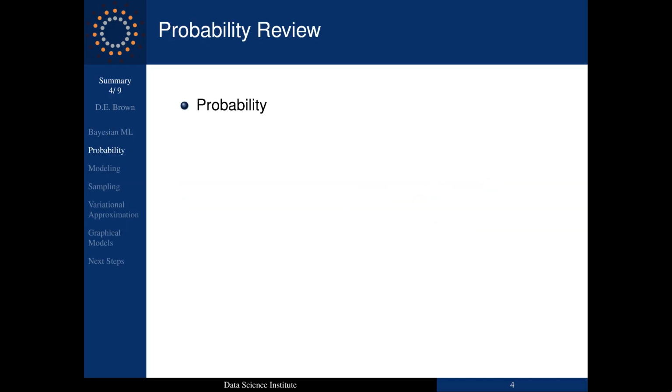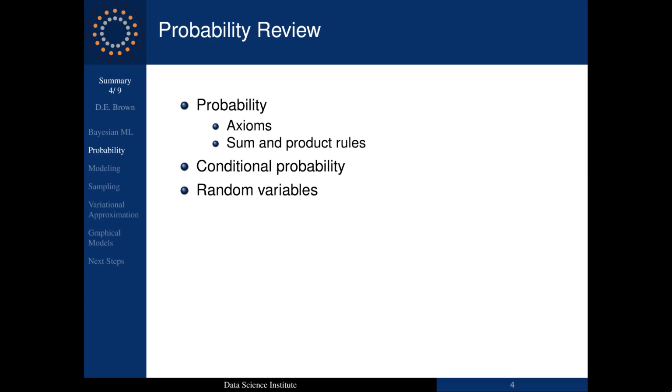So the first major topic we looked at in the course was a probability review. And we started with the axioms of probability and showed how they define this function that gives us a measure of uncertainty. And then we showed two important rules from these axioms, the sum rule and the product rule. And these rules are the foundation for building most of the reasoning that we use in probabilistic thinking. We then described the definition of conditional probability, and from that, of course, we developed Bayes' rule. We also described random variables, probability distributions, both discrete and continuous,